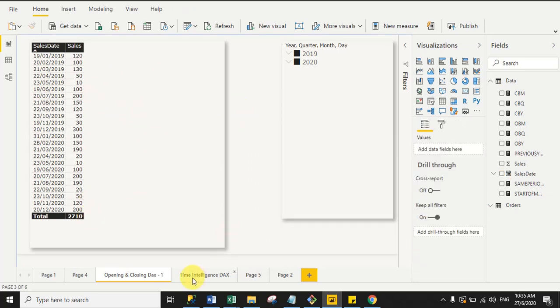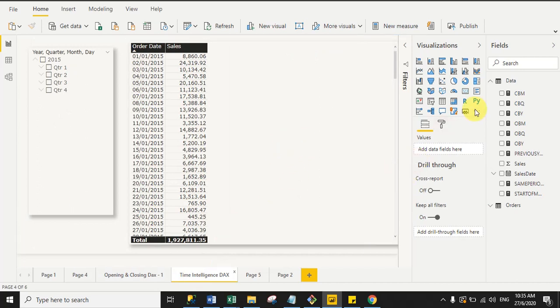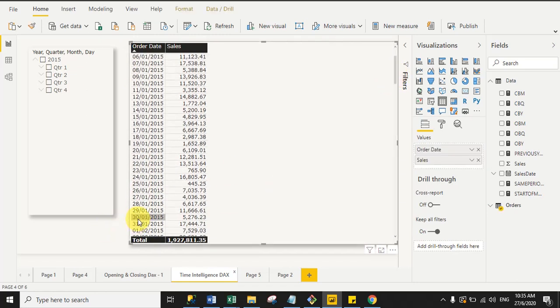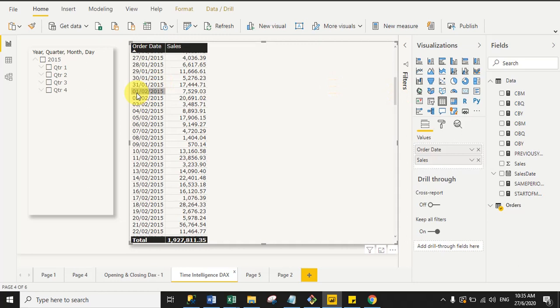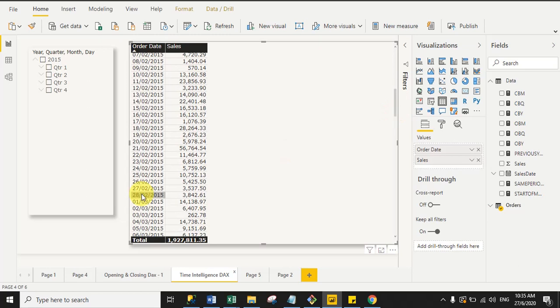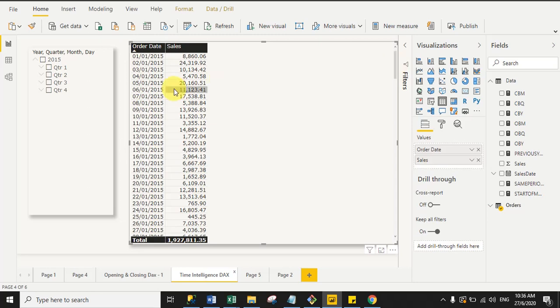Now move to the large data set. So you can see here my data set name is orders, right? And here I have only 1 year of sales, but if you notice, in January we have 1st January to 31st January sales. See, 1st to 31 January sales. That means this is a whole month sale, right? And same for February. So you can see here 1st February 2015 till 28th February. See, this is the February sale. Same for March. So in this data set we have whole month sales, right?